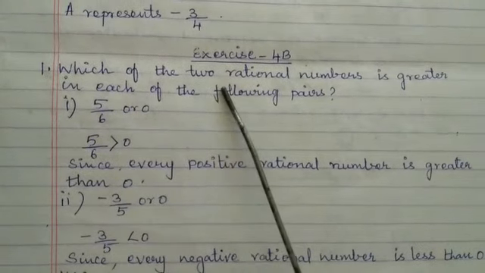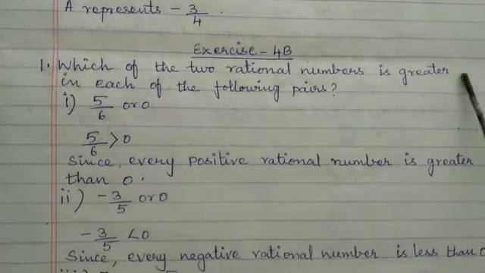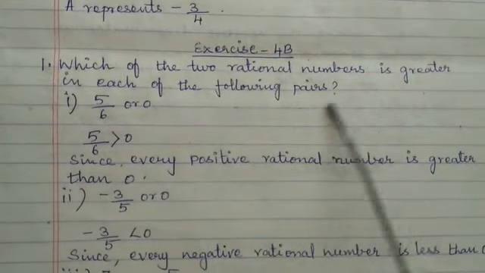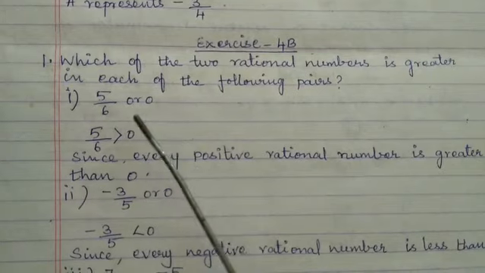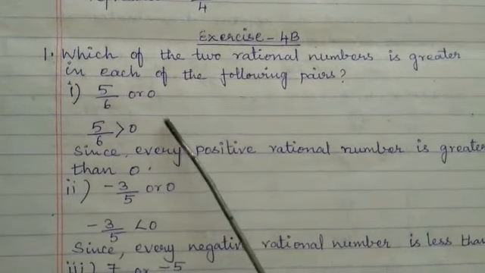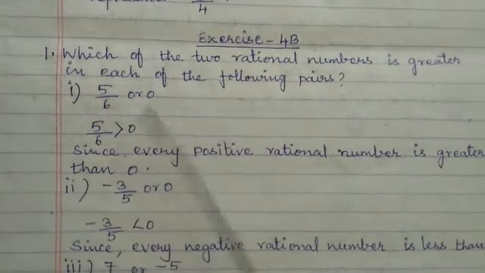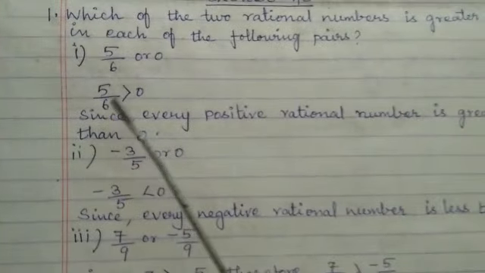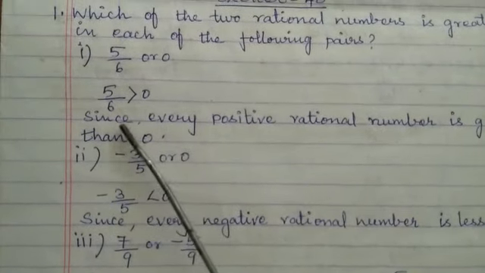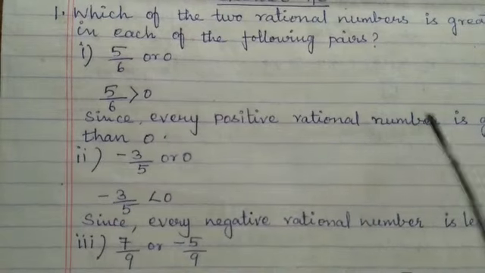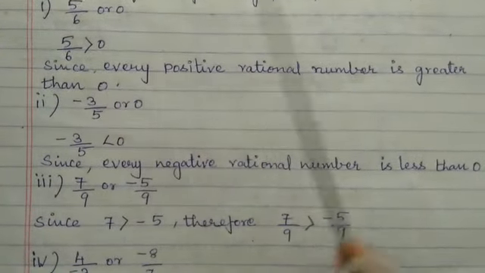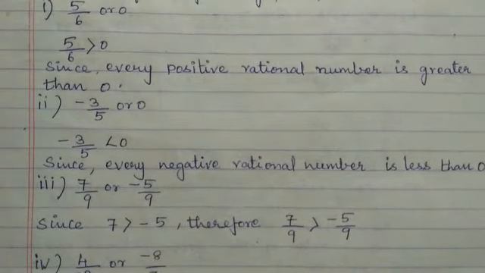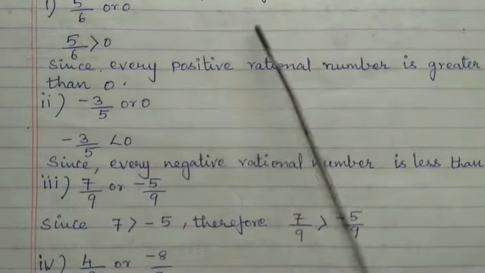Which of the two rational numbers is greater in each of the following pairs? That is, two rational numbers are given. Now we have to find out which is greater, like the fraction numbers, like the decimal numbers. Here 5 by 6 is greater than 0. You know that every positive rational number is greater than 0. Isn't it? Because on the right-hand side of 0 we are mentioning positive rational numbers,